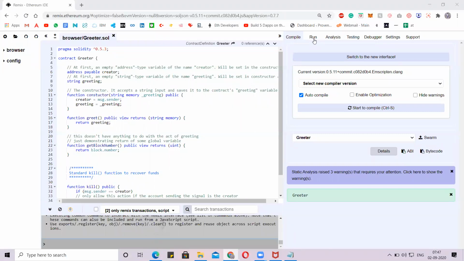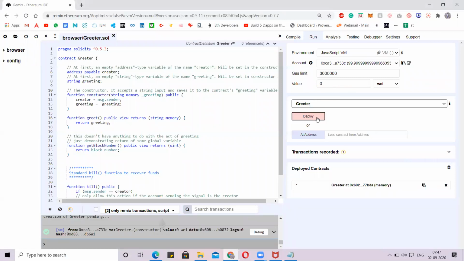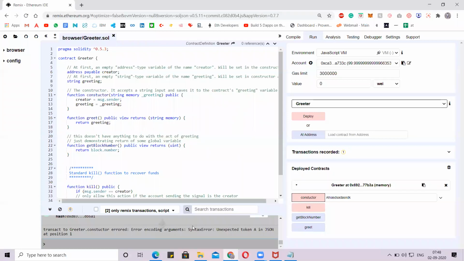Okay, is that cool to everyone? So now can you see, this is a contract where you can give any input as you like and execute the program. It dynamically takes the inputs and shows the output.